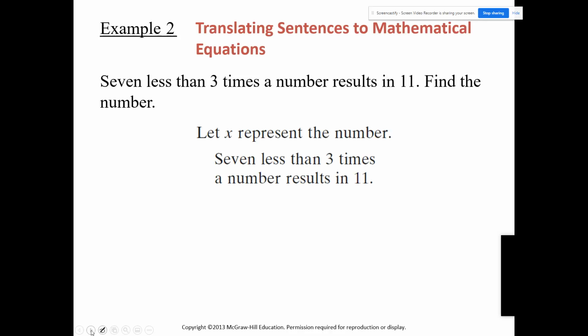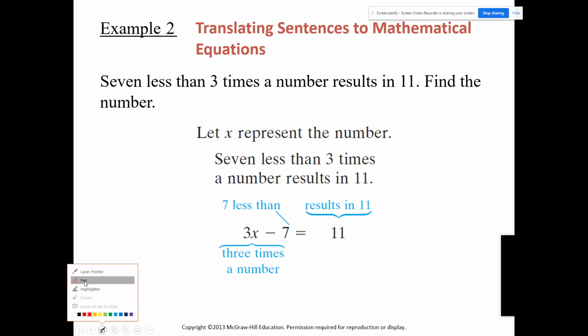So now we're going to write that as a math equation. 3 times a number is going to be 3x, and 7 less than that is going to be 3x minus 7 equals 11. Right? So 7 less than 3x results in 11. And then we want to solve it. So how do we solve it? We're going to add